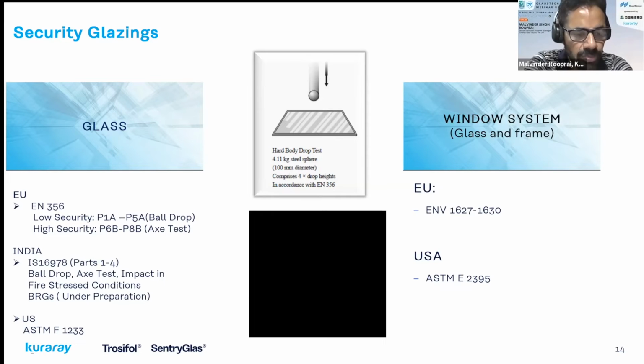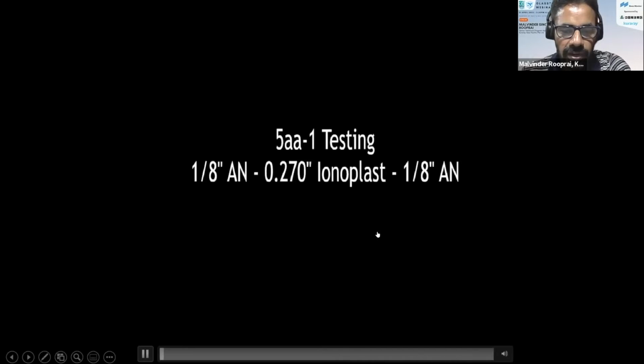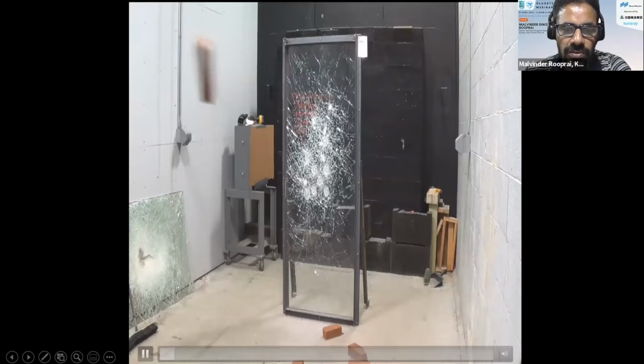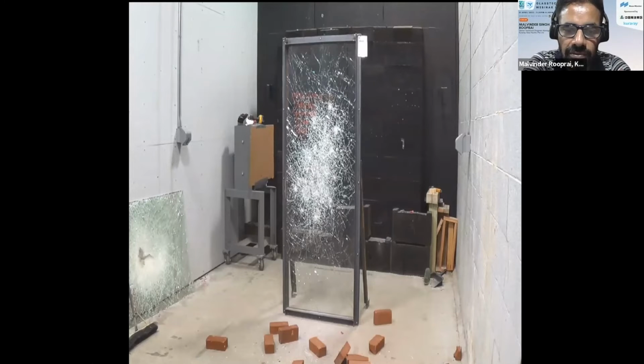And so I have a video over here, which is for a test done on a piece of glass, which is required to sustain impacts from different types of weapons that could be used. So in this case, you can see this piece of glass was actually shot by 5 bullets, 7.62 mm bullets, and now it is being subjected to